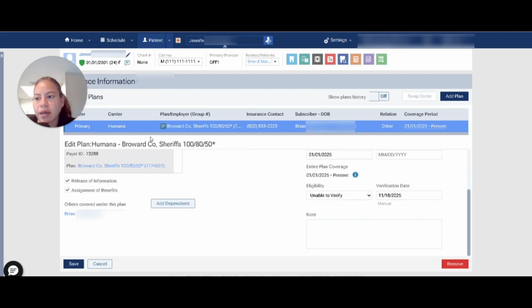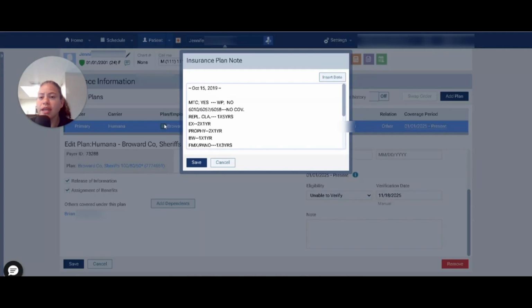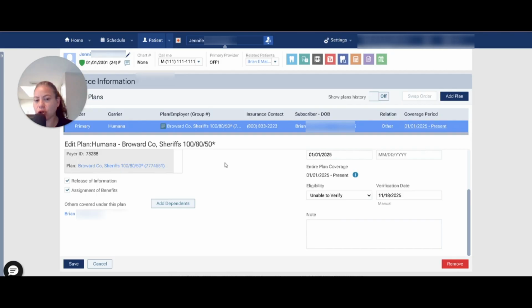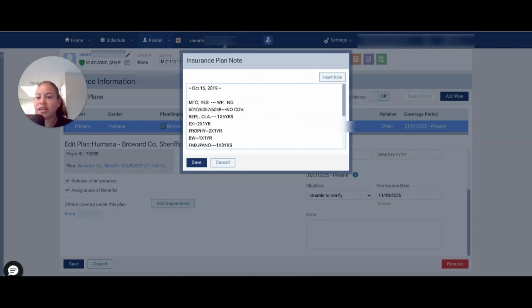And what I enjoy about Ascend is that we can leave notes for the plan. So we can leave a note here. Now this insurance note would be for the plan. So that means any patient that has this insurance plan, you'll be able to see this note. So this note would be visible for all patients that have this specific plan. If you wanted to leave a patient-specific note, that would be here. As you can see in this, here we enter whether there's a missing tooth clause, a waiting period, any information, we have it listed